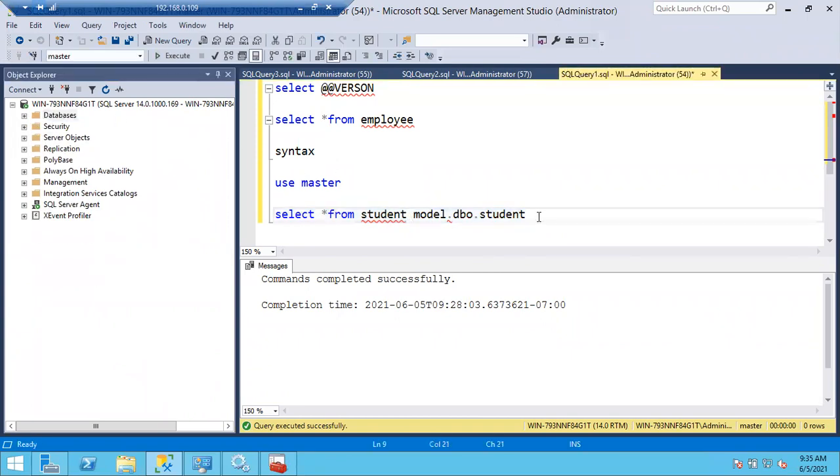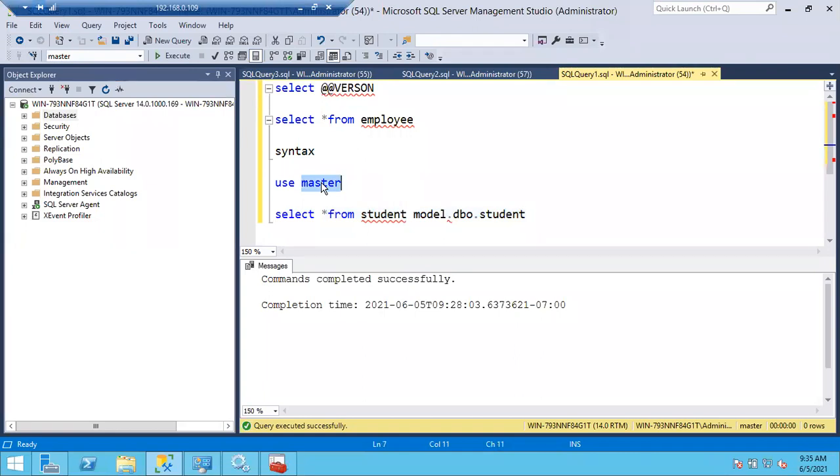So in this way we can run the queries in multiple ways. One is you can select the database here and run the queries, and one is you can write this command, use database name, like this also. Don't think use master means run it every time; this is just an example. In case you want to run queries on your own database, you have created some sales database, use sales. You have created some employee database, use employee. So depending upon your requirement, you have to change the database name as well.